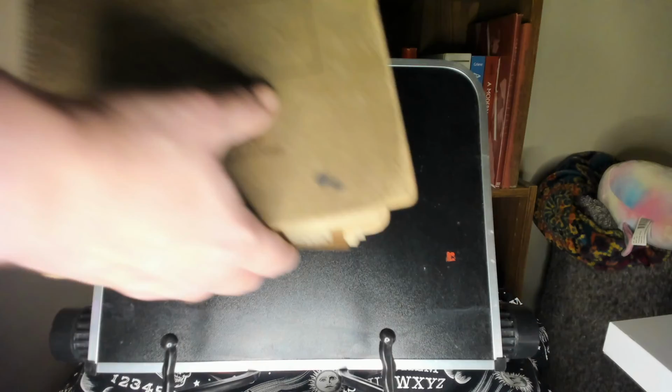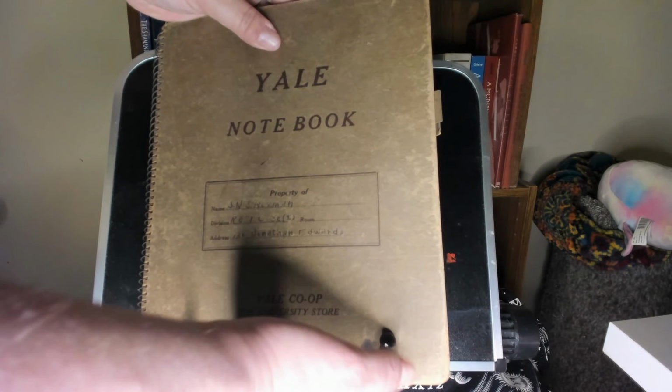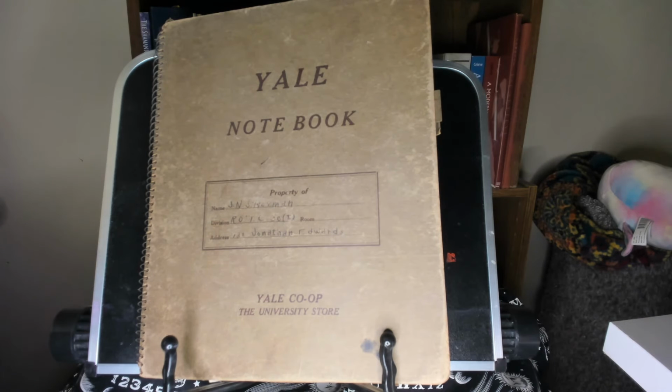Trying to just keep them in a safe environment that is good for all types of paper, and try not to over stress the paper or any of the contents inside, and just try to keep it intact. It's like I said before, it's a piece of history. So this is Jerry's work at Yale through some, I'd say, early undergrad mathematic